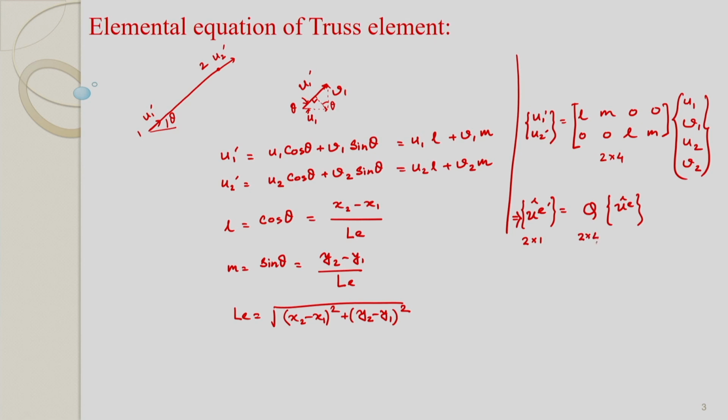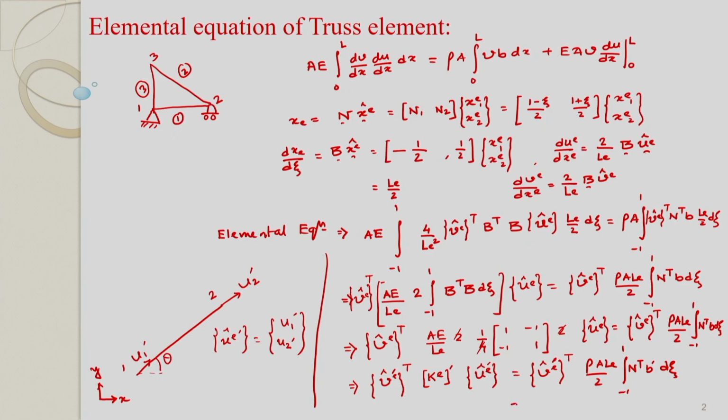Two cross 4, 4 cross 1. Similarly, the variation in prime coordinate can be written as Q VE hat. Now, the last part of this elemental equation can be written as FE prime,